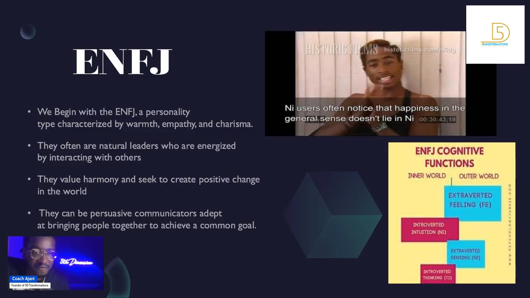Now, as you can see, there are some functions here. They have extroverted feeling. Okay, that's their first function. So they want to connect with the external world. They want to communicate, express themselves. They're willing to go into the chaos to find out the truth. That's what extroverted feeling is all about: being willing to go into the chaos of people and pull out gems and experience the fun of letting go. It's very much more a function of letting go than of trying to hold on to its feeling. So that's what makes them very expressive.